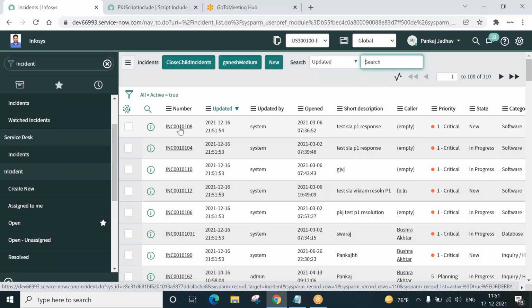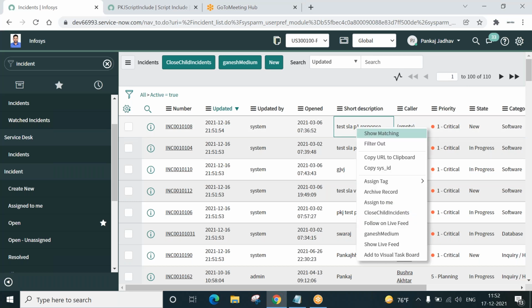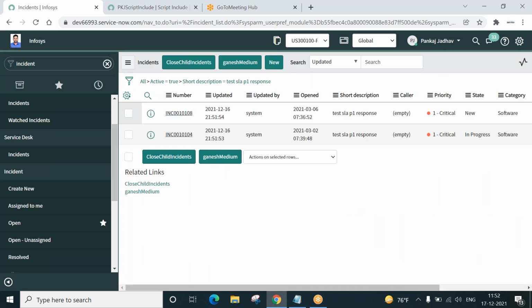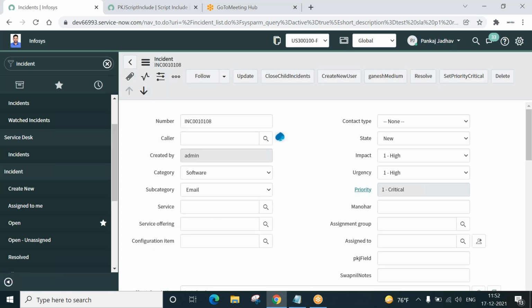If I click on this incident, it will load the record. And if you see the short description, how many incidents are present in the system that have exactly the same short description? See the one below it. So if I check it manually, it shows 2. That means if I open this, it should show me 2. It will show me an alert box.